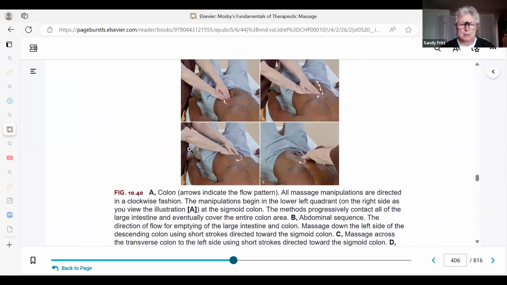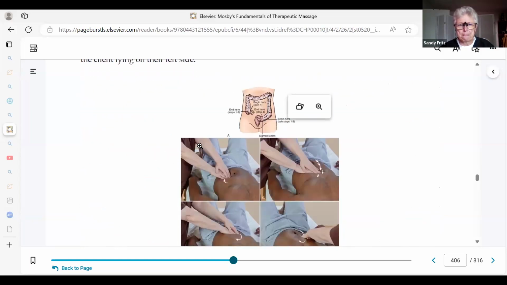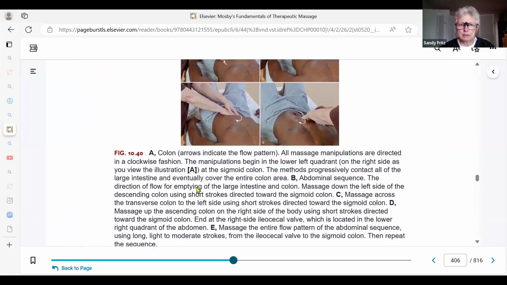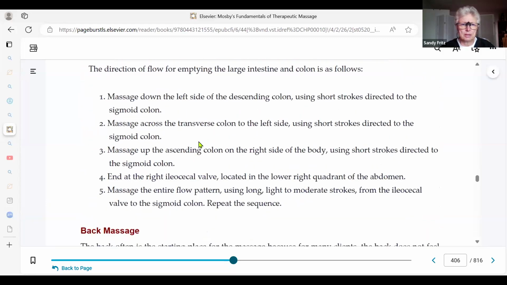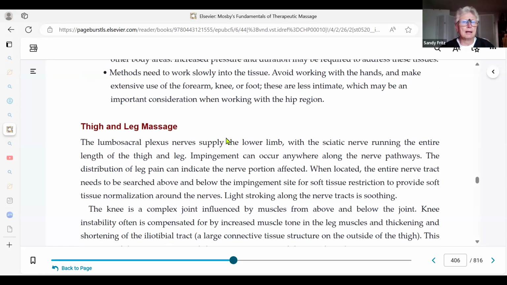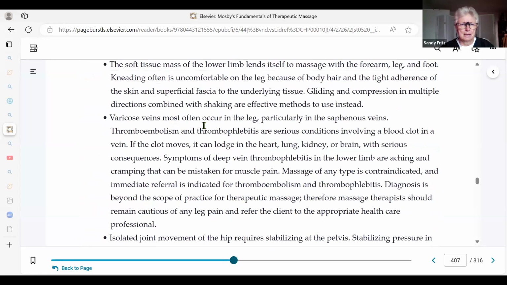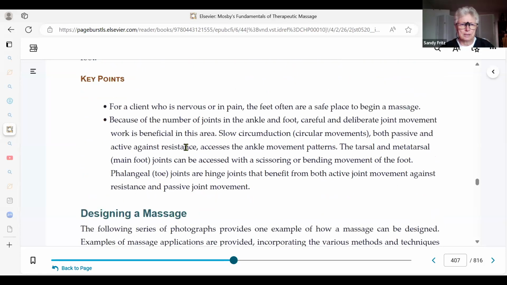So general abdominal massage should be part of every session, unless somebody has a contraindication for that, or they don't want you to do it. To specifically massage the colon to support fecal movement, that's an intervention. And here's a sequence on how you can do that. Here's the back, hip, leg and thigh, thigh and leg, ankle and foot, and then